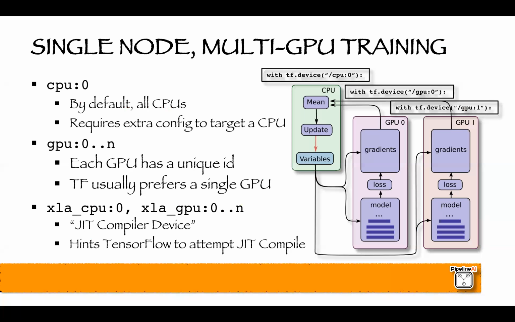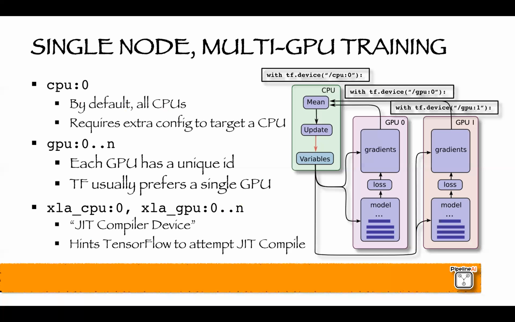What's really interesting is if you have one CPU with 2 GPUs, what will often happen, and this comes up all the time on Stack Overflow, is that if you don't manually tell TensorFlow to use GPU 0 and GPU 1, TensorFlow will very often just